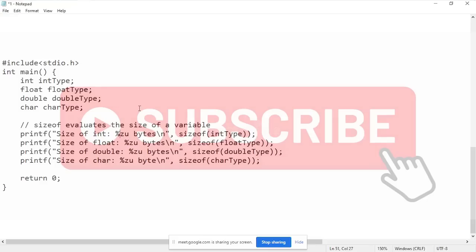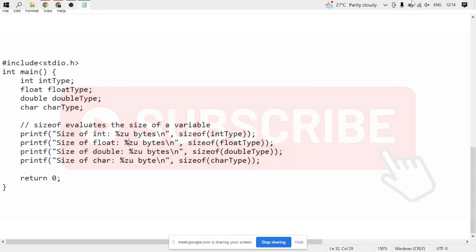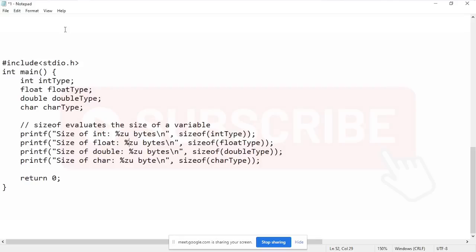This is why I use ZU here. And then in my question, when I was answering it, I use LU. Hope it does make sense to you. If you don't understand, I explained it again